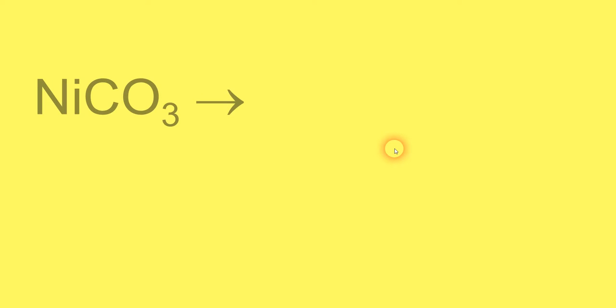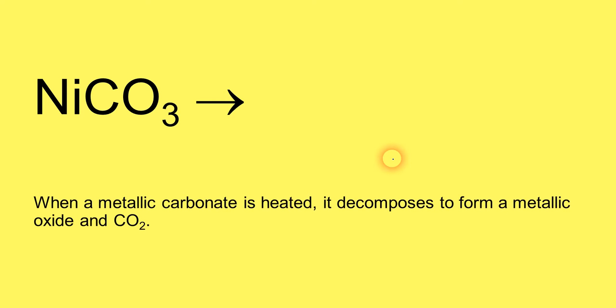Now moving on to the next example, we have NiCO3. Now the rule that is going to apply here, once again this is decomposition, we know that when a metallic carbonate is heated, it decomposes to form a metallic oxide and carbon dioxide, CO2. So what's the metal in this metallic oxide? Well, I hope you see it's nickel oxide because that's the only metal in the reactant. So nickel is the metal and oxide, that's our metallic oxide, and